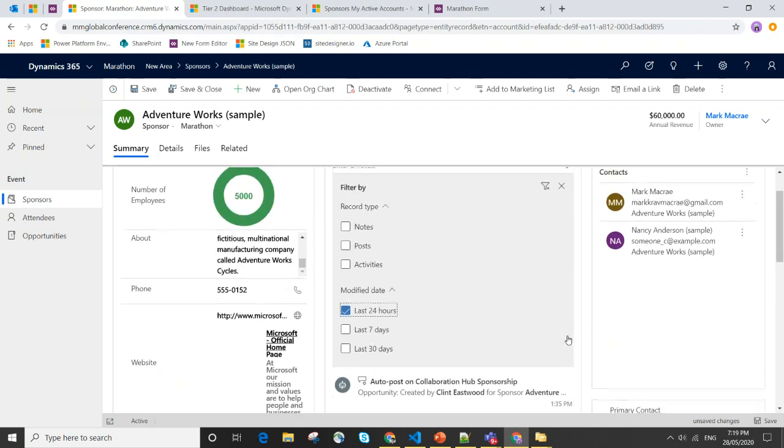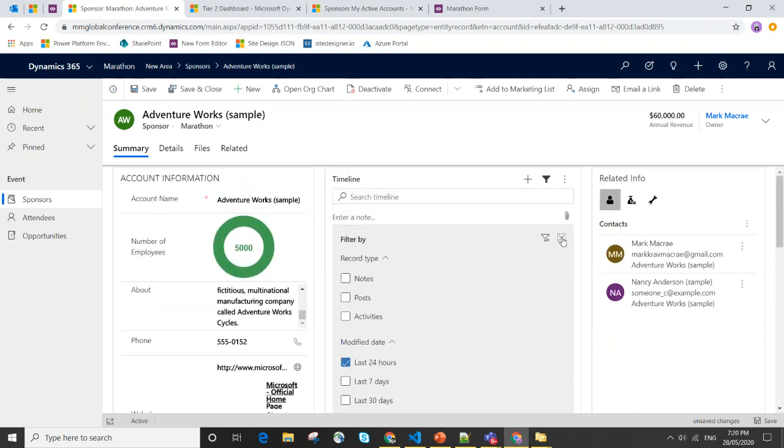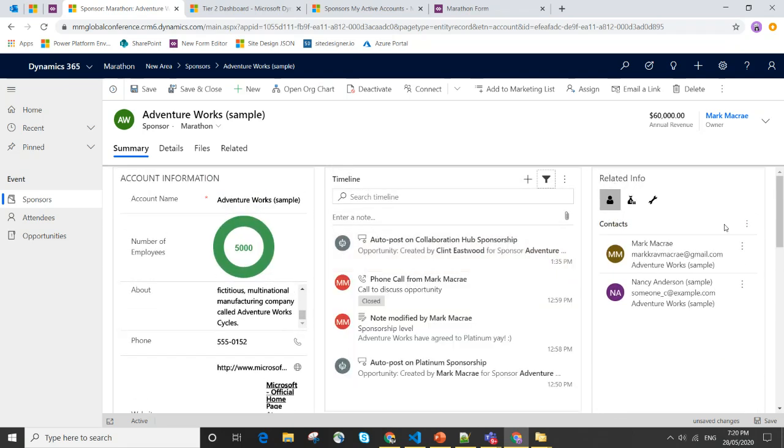So yeah, really cool, and again, just really easy to work with. Here's that reference panel. Rather than having 3 subgrids, I've grouped them together in a nice tabbed reference panel, so I can see my contacts, my opportunities, and my cases as well, just without having to scroll. And everything's kind of at a touch, and that's the idea, really, just to make it easy